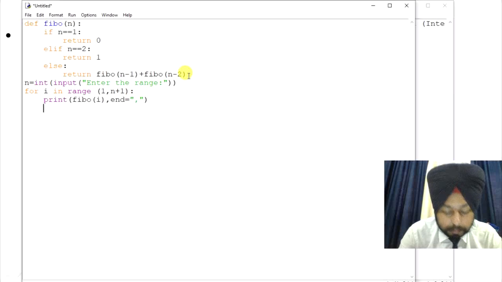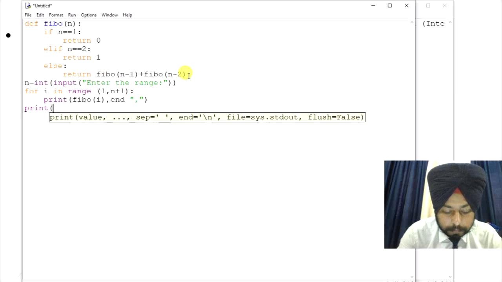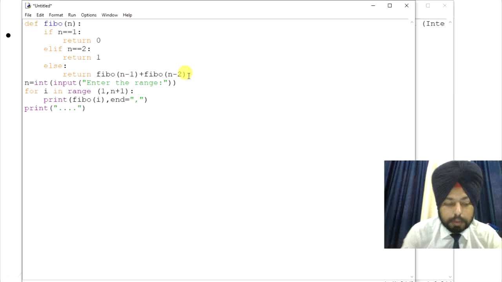Then it will print dots, right? Now the program is okay.